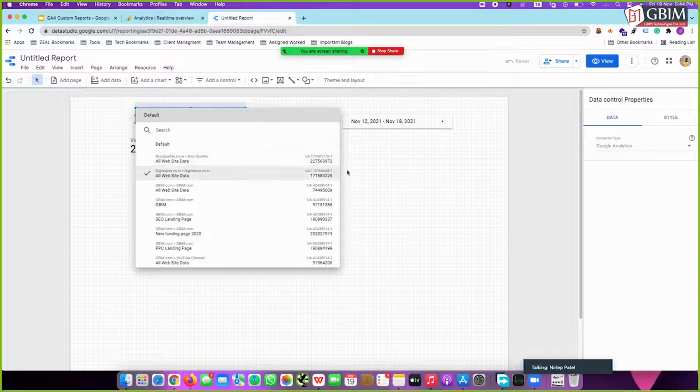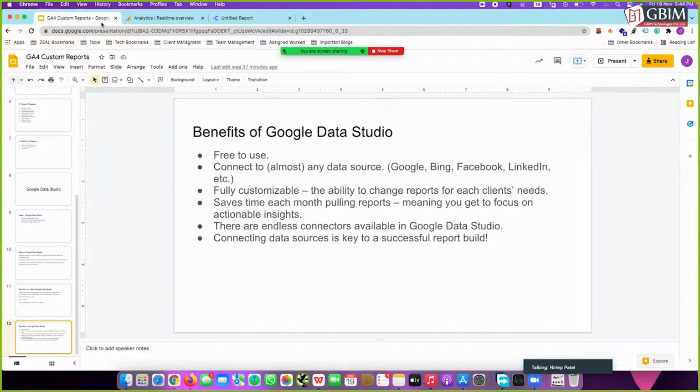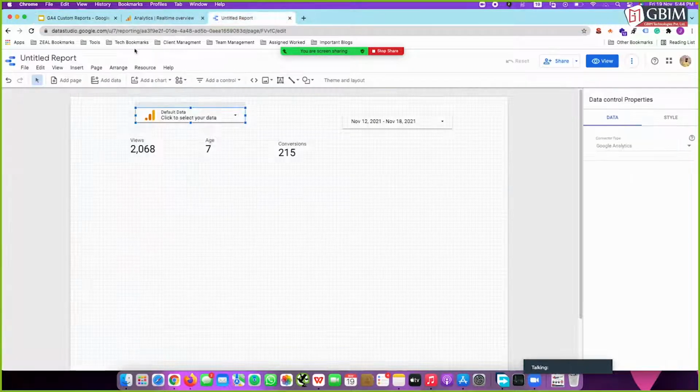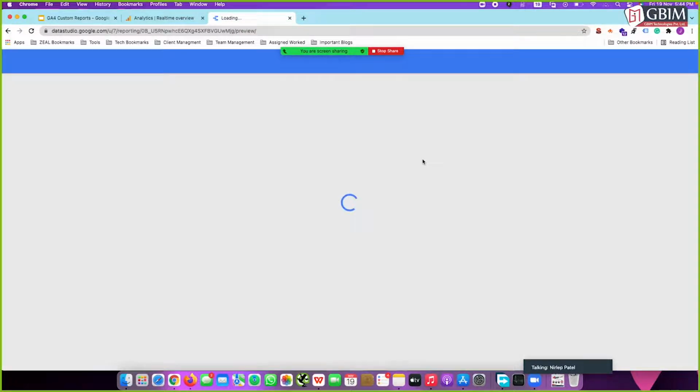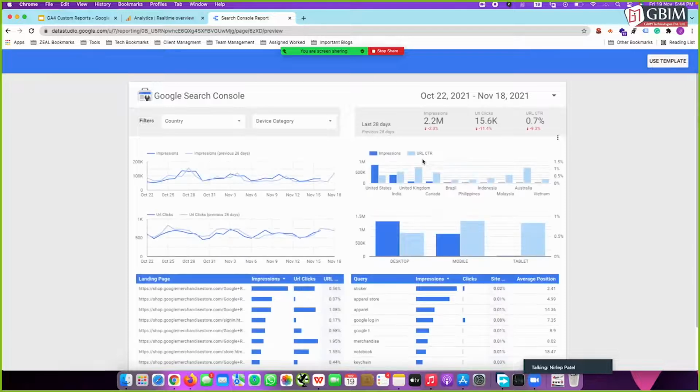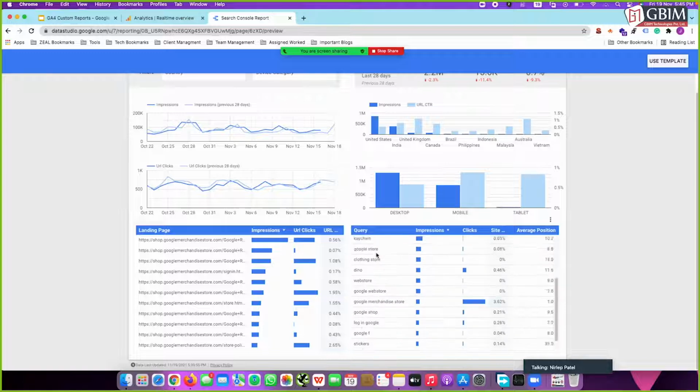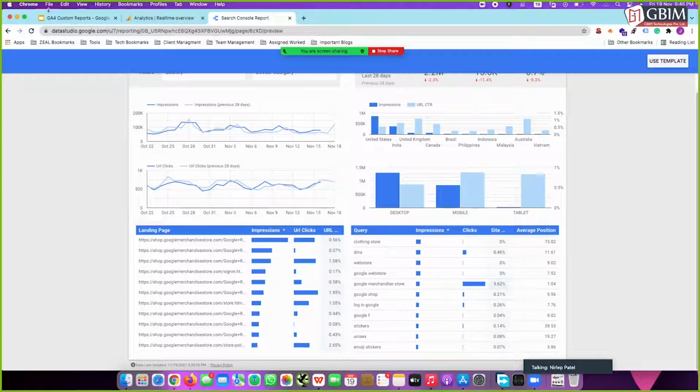Are there any analytics templates available? Yes, definitely sir, I already have one template, will share with you. Can you show the templates as well? Yes sir, these are the sample templates. If you are a bit creative, you can make this kind of reports, which is very attractive for the client part. The client will definitely get happy if you show this kind of insights. Okay, so these are the templates.